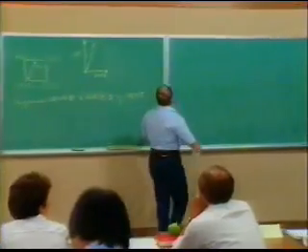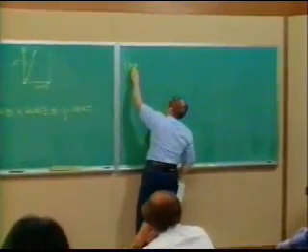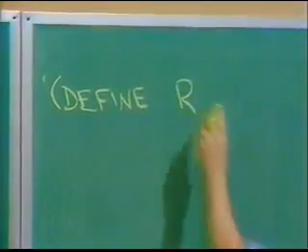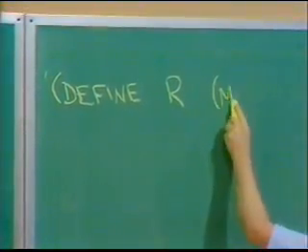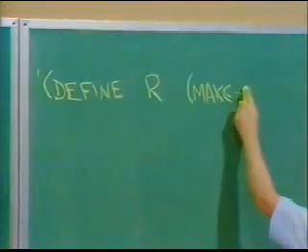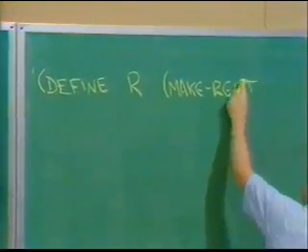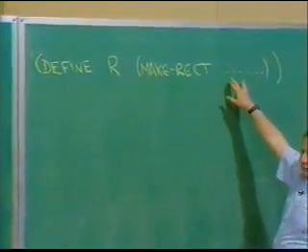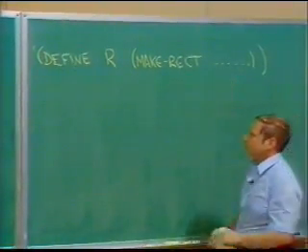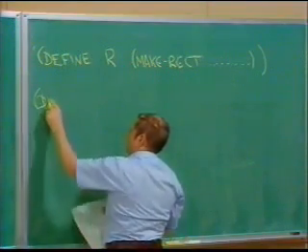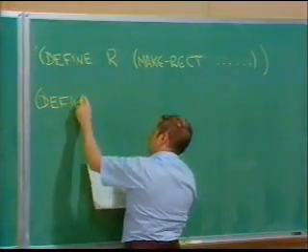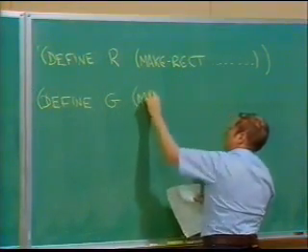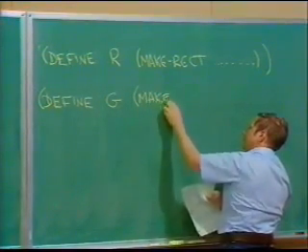I would say, for instance, define R to be make rectangle of some stuff, and I'd have to specify some vectors here using make vector. And then I could say define, say, G to be make picture,